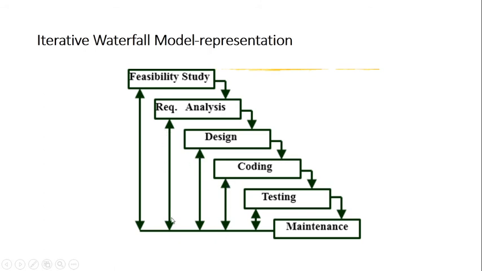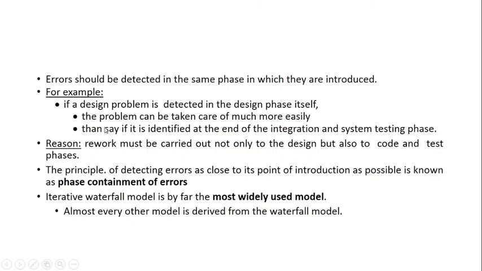See, why to each and every phase? Because now and then you have to go back and make the changes. If you're making a change in the coding, you have to go back and make the change in the design also. You need to go back and change the requirements also. So ultimately, to and fro, so that you can move from one step to another in both directions properly. So this was the classical waterfall model. Adding a feedback part to each and every phase makes it iterative in nature.